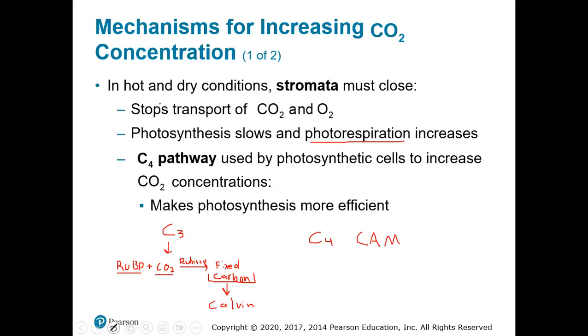But when things get hot and dry, that's where we have to make some modifications. So we're going to still use this pathway, but we're going to do some extra things, specifically C4 and CAM. Two extra pathways that we'll use in order to pump carbon dioxide back into this C3 pathway. So that's how we're breaking this down. Keep in mind our C3 pathway, because we're going to see it come back into play when I discuss the next two